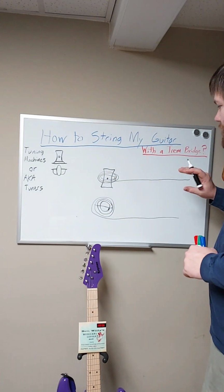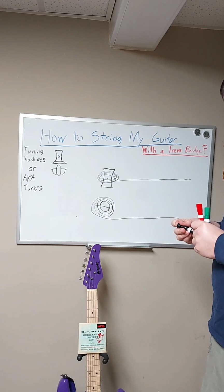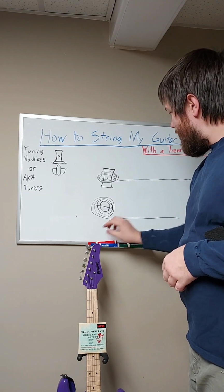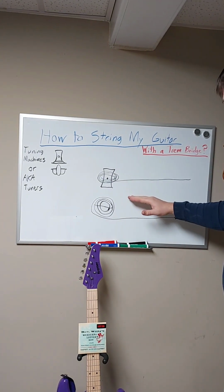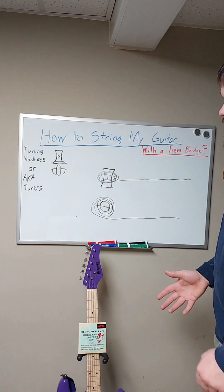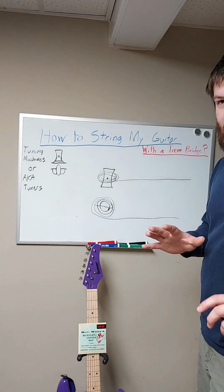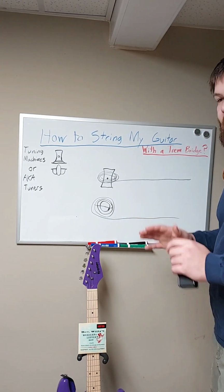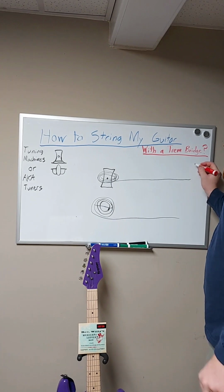But what if I told you that this is pretty much incorrect? If you want great stability with your guitar, let me explain. Because what happens if your guitar has a tremolo bridge, this is not going to work at all. What I mean by a tremolo bridge is the standard, on average, 6-screw or 2-point, whatever they are now. Not the Floyd Rose tremolo system where it has a free floating bridge, but the basic tremolo system. This is not going to work because whenever you're doing a dive bomb,